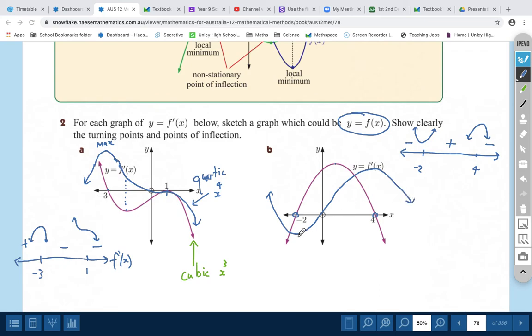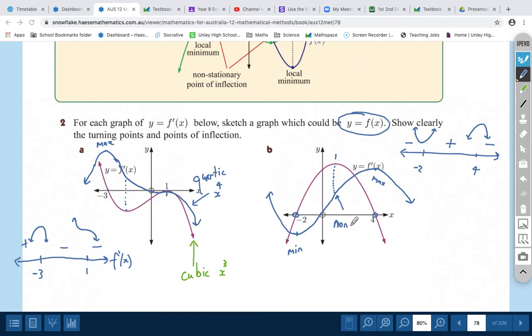So we've got min here, we've got max there, and if I've drawn it right, this value here, maybe it's about x equals 1, that should be a non-stationary